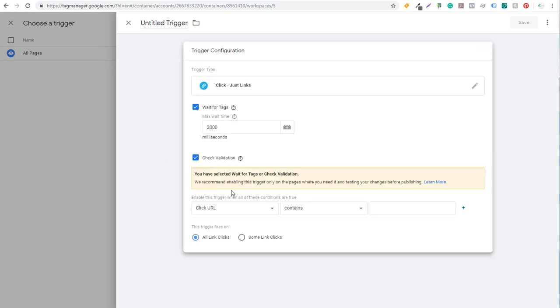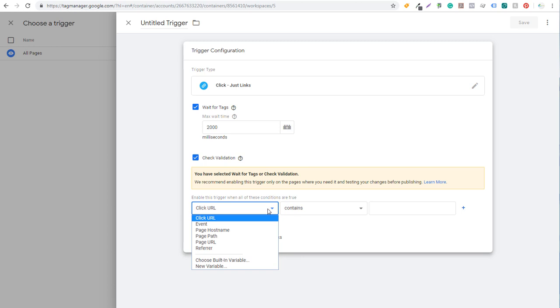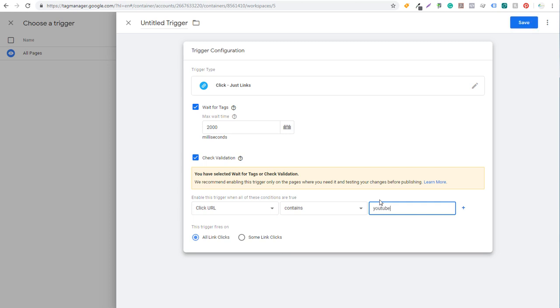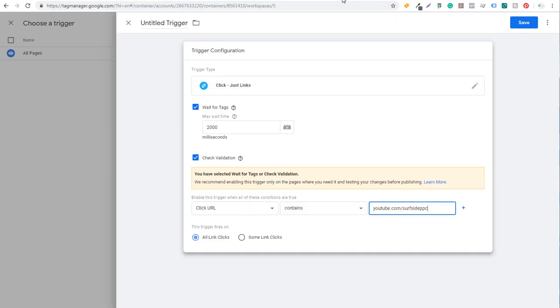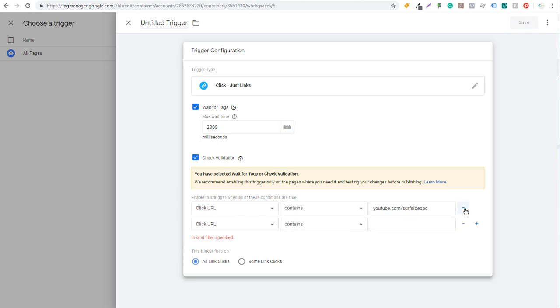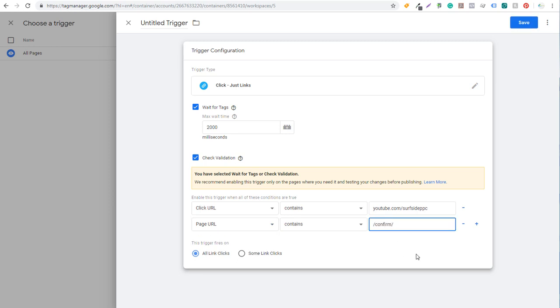Now we're going to enable this trigger when all of these conditions are true. So you could do click URL contains, you could do page URL contains. We could start with click URL contains youtube.com/surfsideppc. If we come back to our page over here, anytime someone clicks on our page, you could see youtube.com/surfsideppc. So we're tracking anytime someone clicks on the subscribe button right here. Coming back over to Google Tag Manager, in addition to click URL, we can click this plus sign and also do page URL, contains, and just do confirm. So when people are on this confirm page on our website, we can track every time someone clicks this link